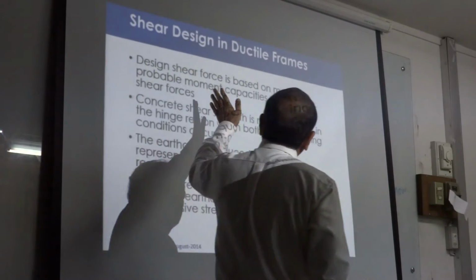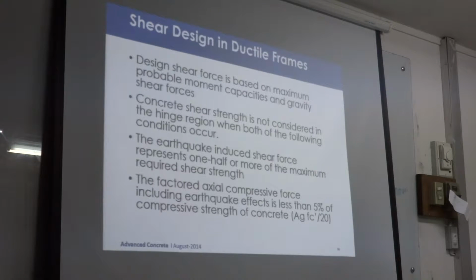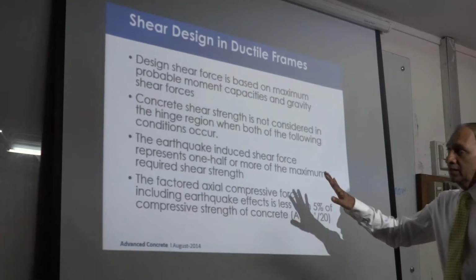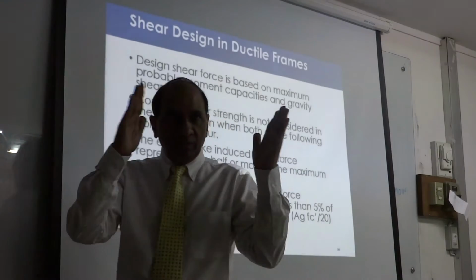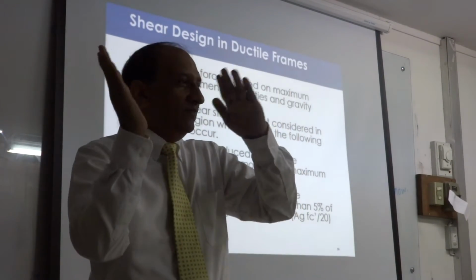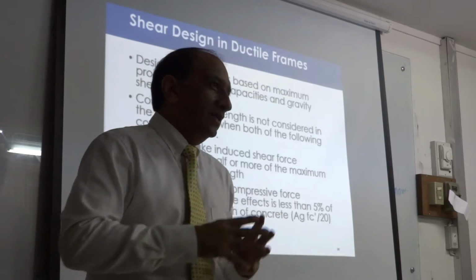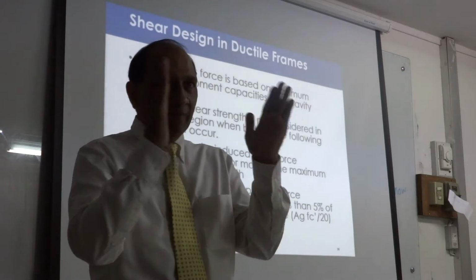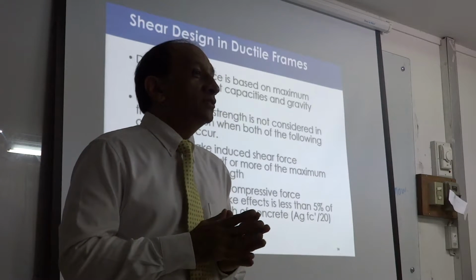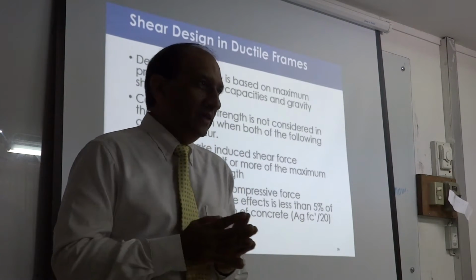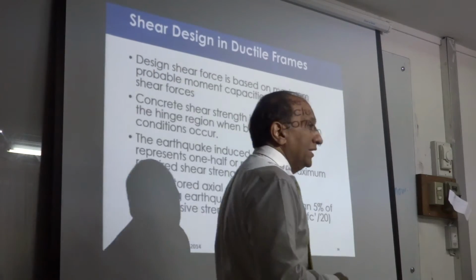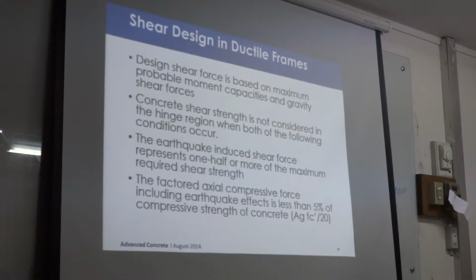This is another issue, ductile frames. Now we are talking about earthquake. What is ductile frame? What is ductility? Okay, we will talk more about ductility, but basically, just remember the ductile frame is a frame which can sway, can move, flexible, and it will not crack, it will not fail, but it will move a lot, right? So if it is going to move a lot, or will be able to deform a lot without cracking, we need to make sure that the shear is not going to cause it to fail first, right? So there are special provisions for beams or frames which are supposed to be ductile, especially for earthquake, high earthquake